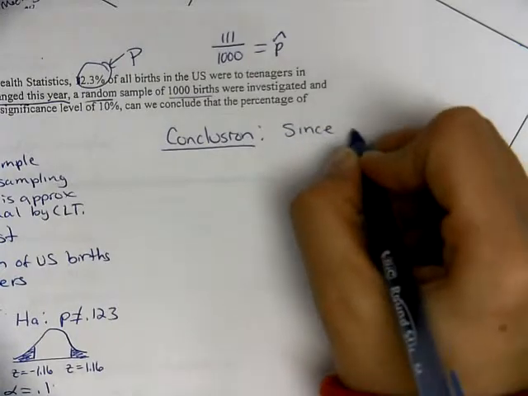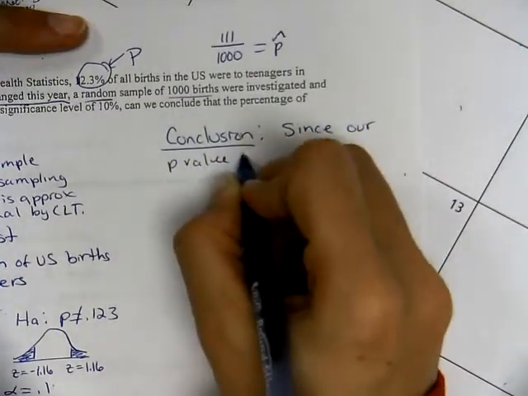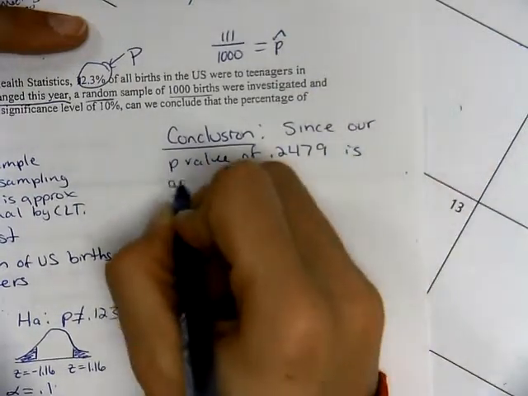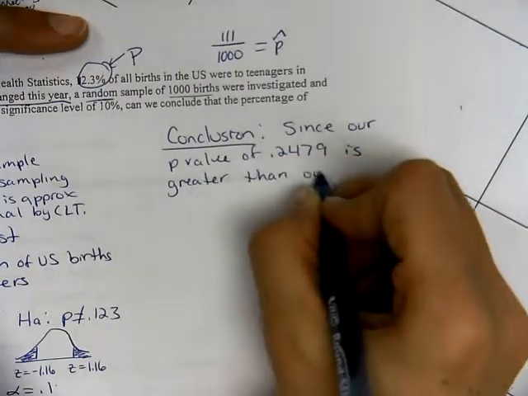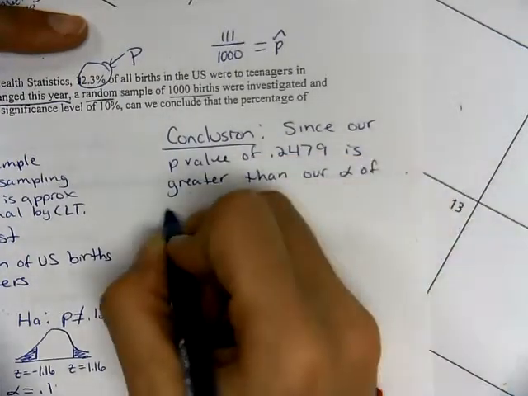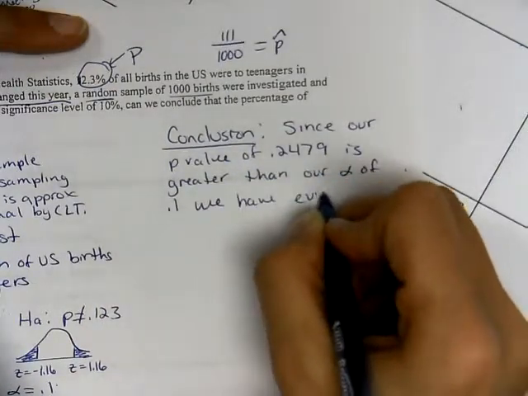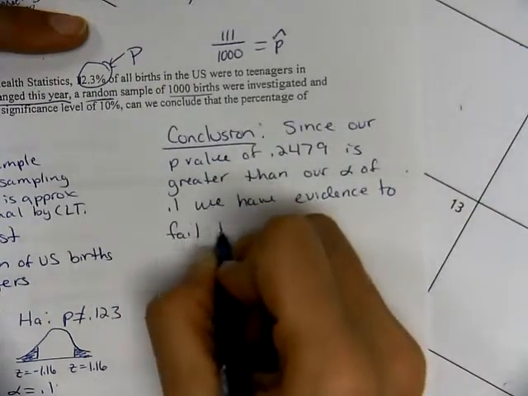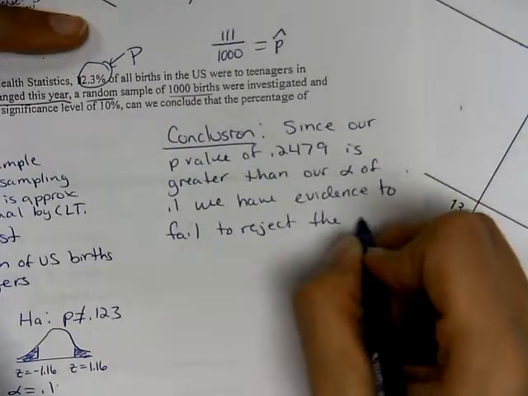Since our p-value of 0.2479 is greater than our alpha of 0.1, we have evidence to fail to reject the claim